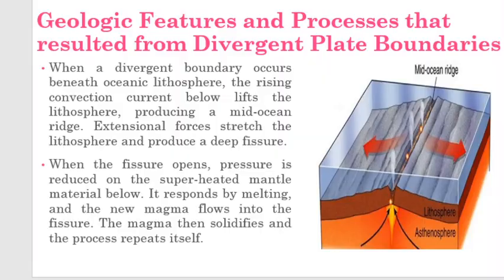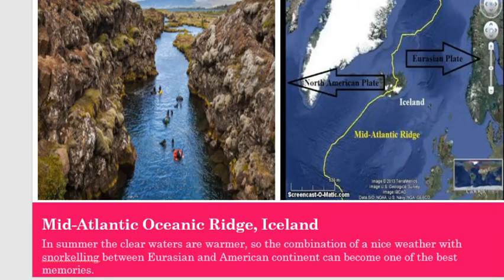So one classic example of a mid-ocean ridge is the famous Mid-Atlantic Ocean Ridge located in Iceland. So you can see here, it's very evident that these two plates, the North American plate and the Eurasian plate, are actually ripping this entire Iceland country. So that's forming the Mid-Atlantic Ridge. So this is actually the actual picture of the people